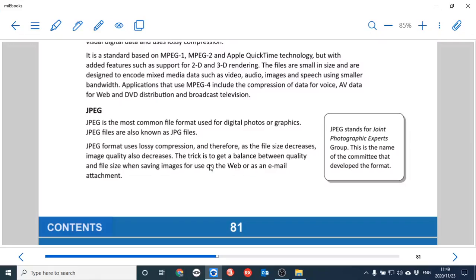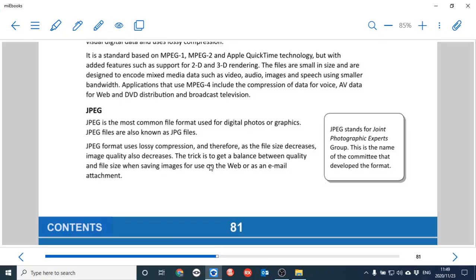So we can have a huge picture, let's say the picture is 50 megabytes, which is massive, and it's super crisp quality. But we're going to be looking at this picture on our cell phones, which is a small screen. Is it necessary to have a picture which is literally the size of a wall? No. So we can compress it.